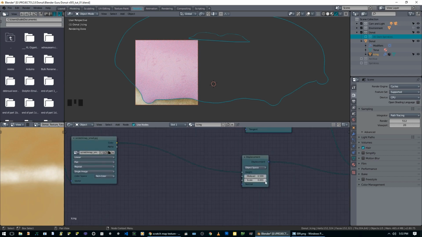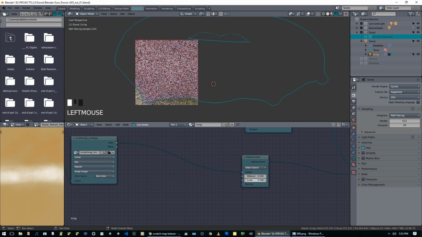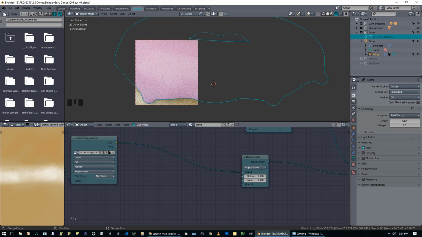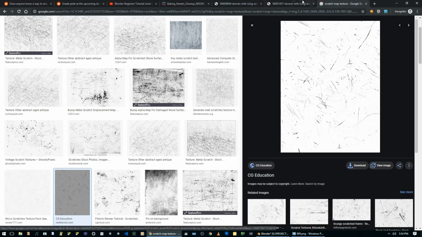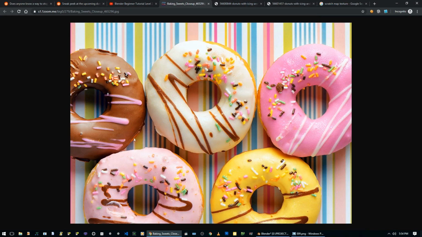And then I still think this is too strong. So let's just try adding... I think it was that. Let's try that. And that is perfect. Like, you can still see little scratches here and there, but they're not like the focal point. Maybe a little bit bigger. Let's try 2. Okay, I like that. So you can see that the surface is now imperfect, but it's not like deep gashes. All right, and so the other thing too is, I noticed that there is like high frequency